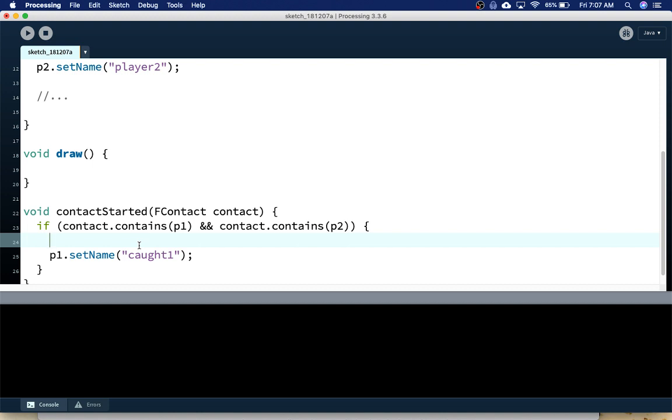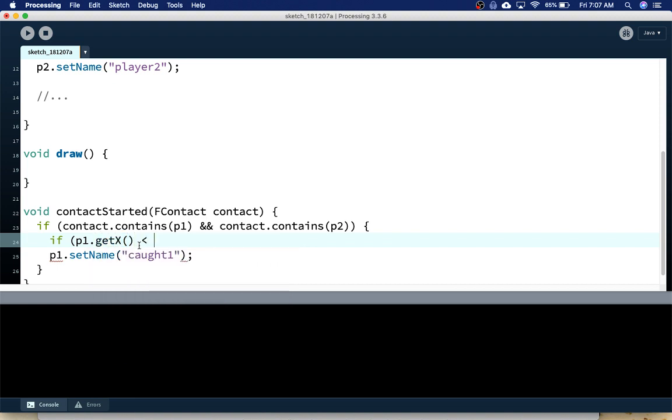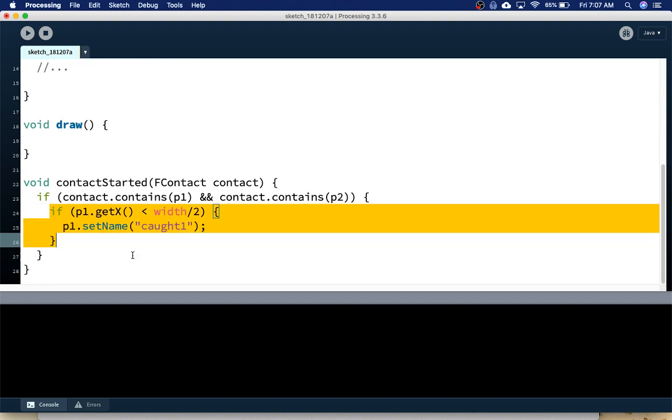You have to put in the if statements to decide if it was on the left side or the right side. So there's a little bit more logic involved. You have to do something like if p1.getX is less than the center of the screen divided by 2. And there's some more details there, but for the majority of it, it's looking good for using